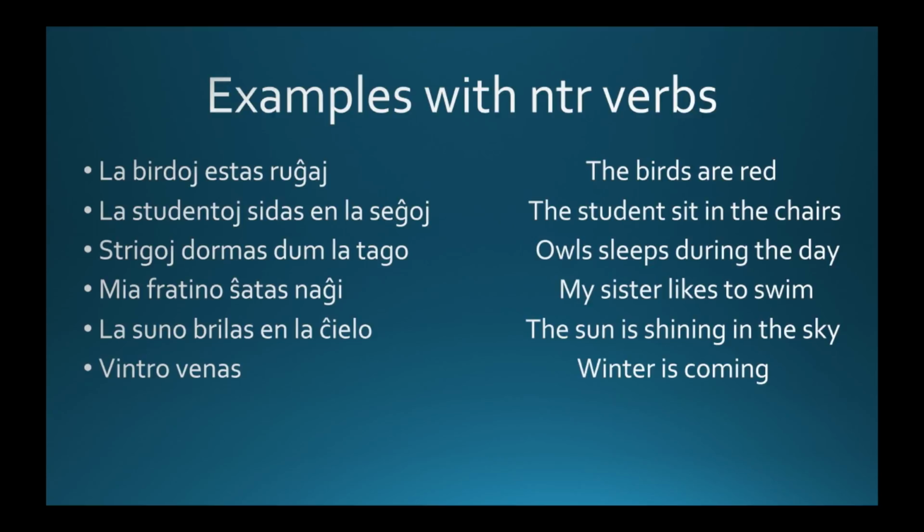So you can see looking at these examples that there's the subject and the subject does something. It doesn't happen to anybody or anything. And also, notice how the accusative case is not used in any of these examples. That is because there is no direct object. These are intransitive verbs. The intransitive verbs cannot have direct objects.